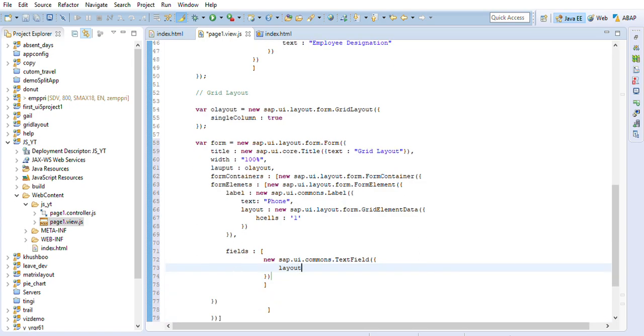One would be layoutData, and now it would be new sap.ui.layout.form.GridElementData. We've already entered that here, so let me just copy that and paste it. Right, now another property of this, and it would be hCells again,